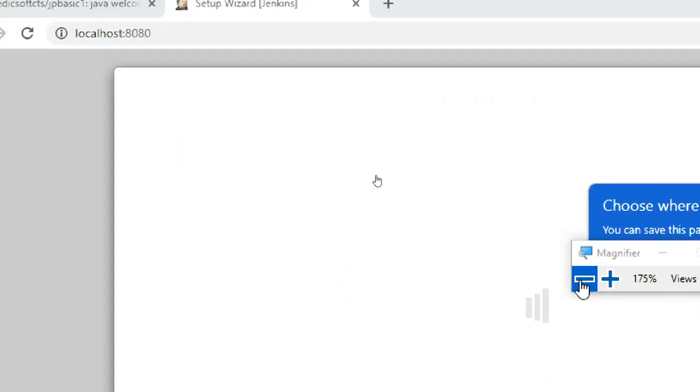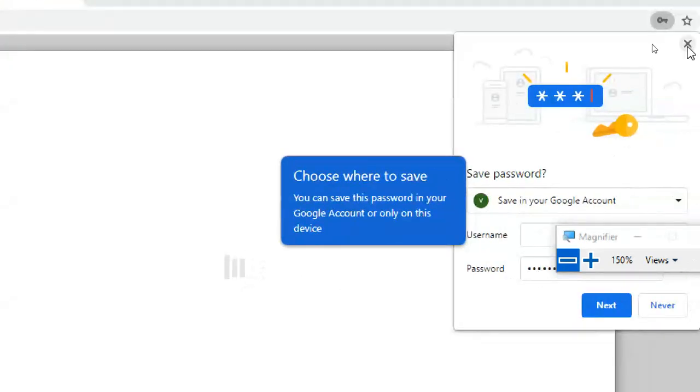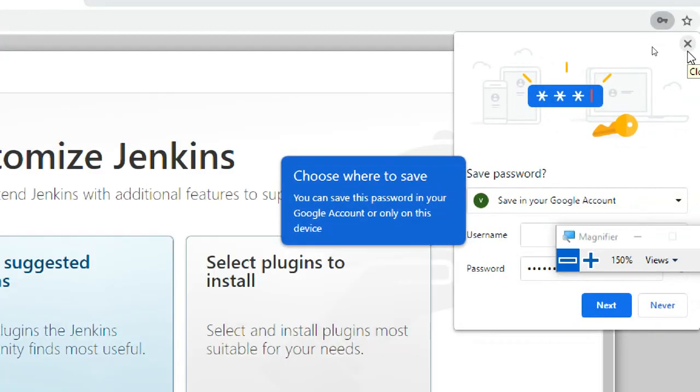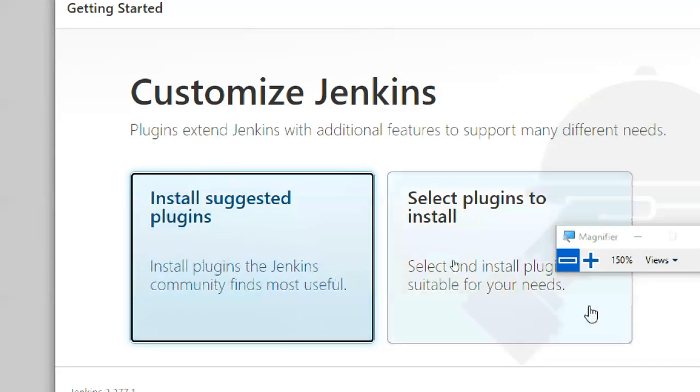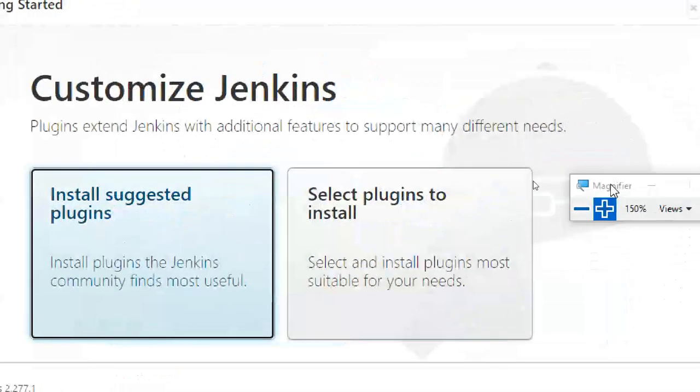Now it will ask for plugin loading. I don't want to save the password. In plugins, it will show you two options. One is install suggested plugins. The other is select plugins to install, where you choose which plugins you want, or you can install all of them.